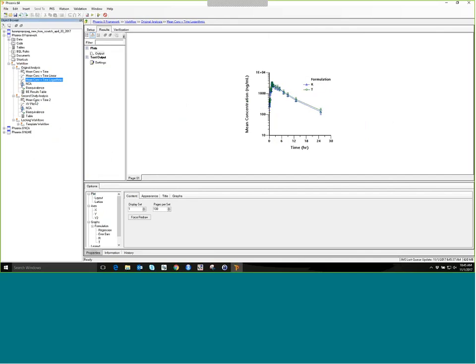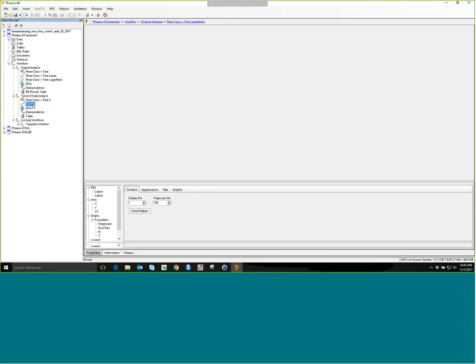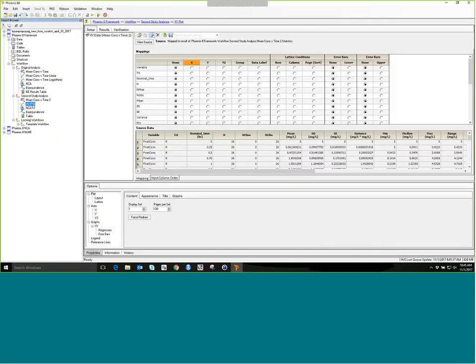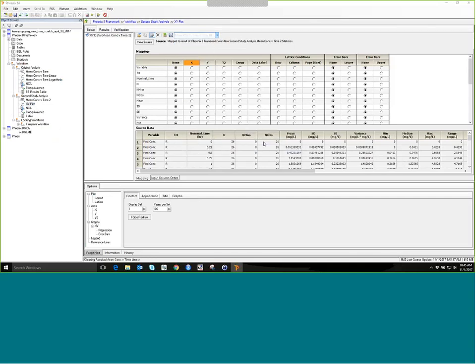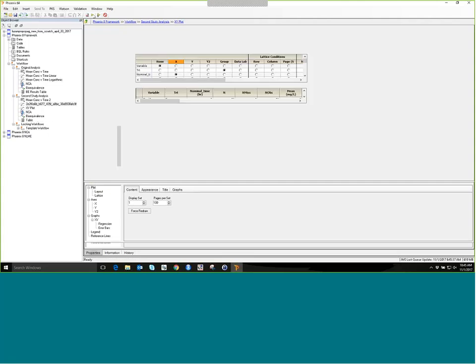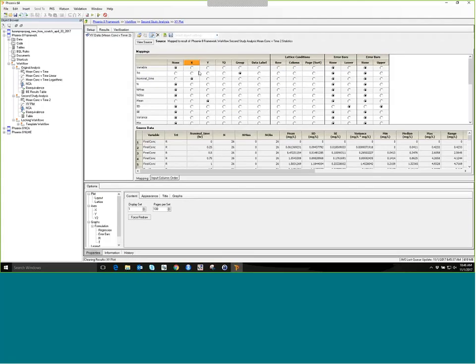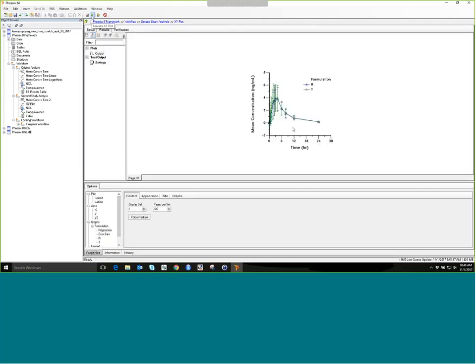And now maybe I have a second study where I have data, and now I want to do that same plot. So I have the data in here, and what I can do is just come up to my object settings, which is right up here, and say I want to do that linear BE plot that I just did. I say yes. It's going to load all the settings. It's actually going to select all the right columns. It's going to have all the settings down here, and if I execute this, we will see